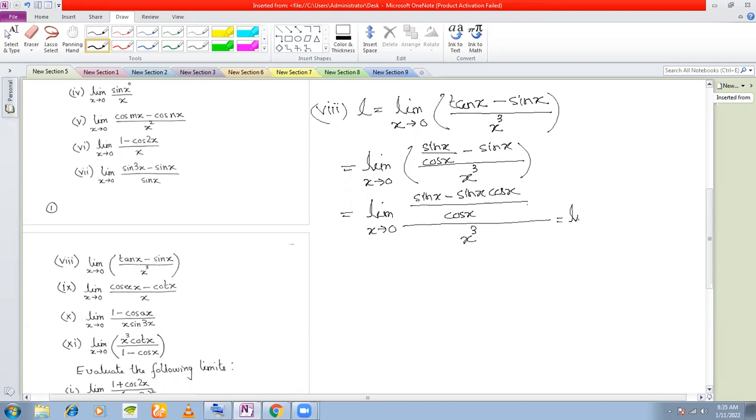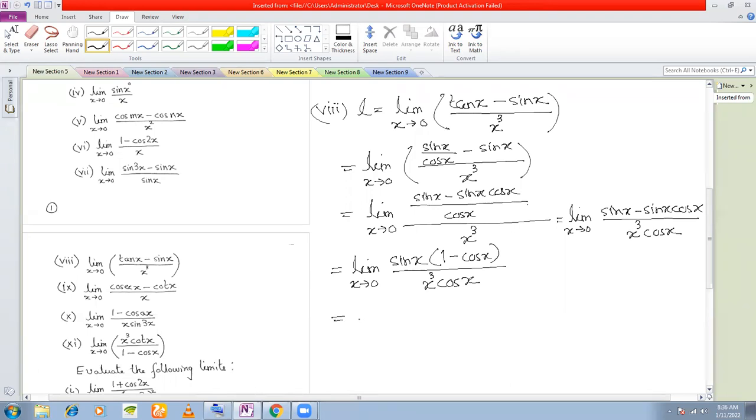So we get here limit x tends to 0 of sine x minus sine x cos x divided by x cube cos x. Okay. You can take sine x common. You get 1 minus cos x divided by x cube cos x. Okay. Now you know that 1 minus cos x, from multiple angle formula or submultiple angle formula, is